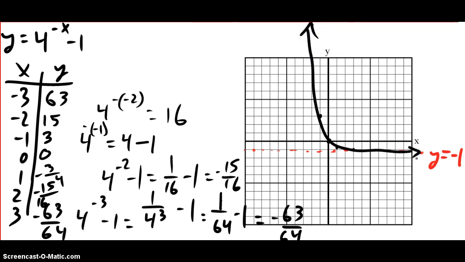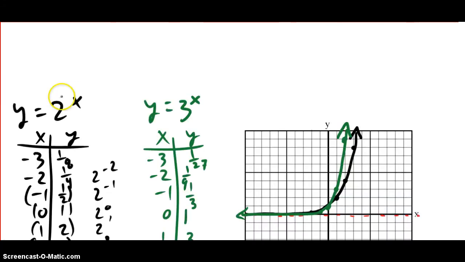Okay? So notice that when we have a negative exponent, it decreases and then approaches the asymptote. Whereas the positive exponent, it increases. So positive exponent, positive x there, it increases. Here's a positive